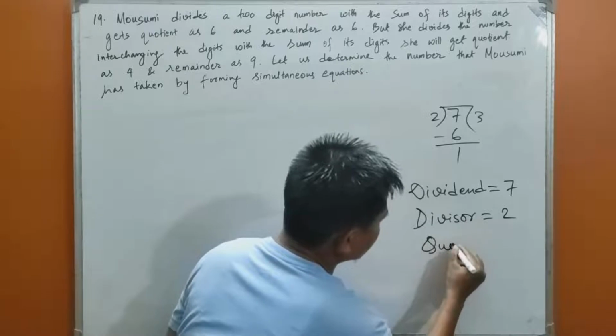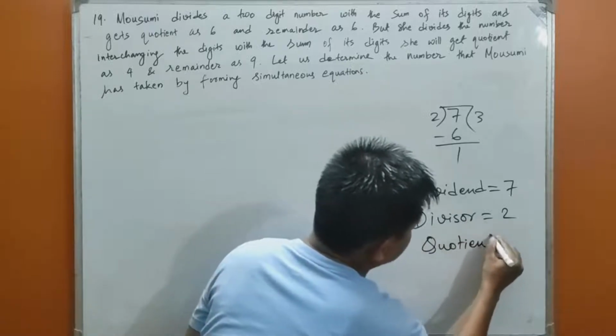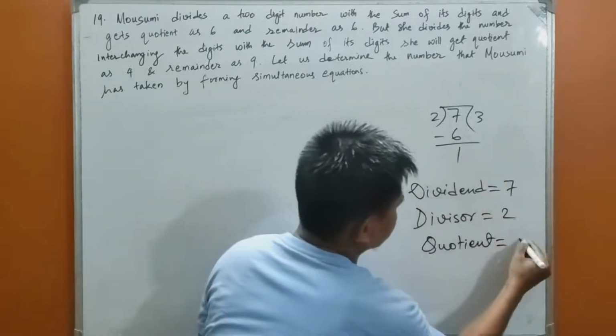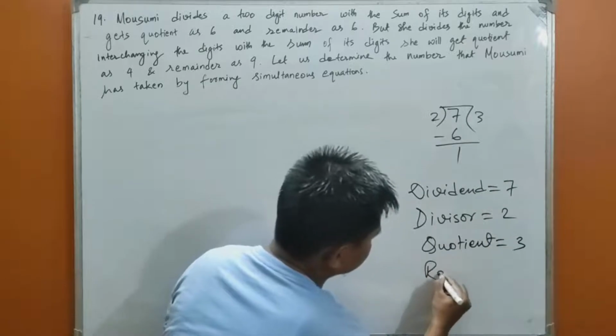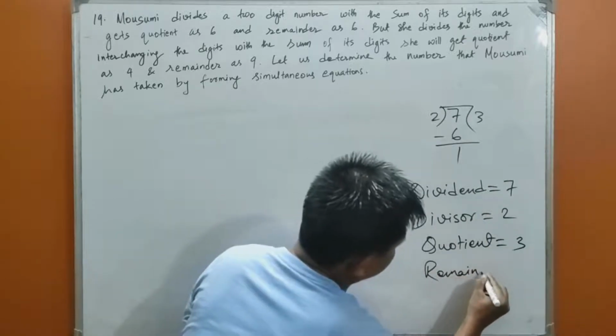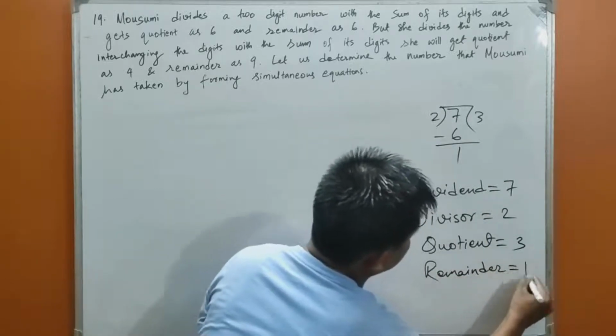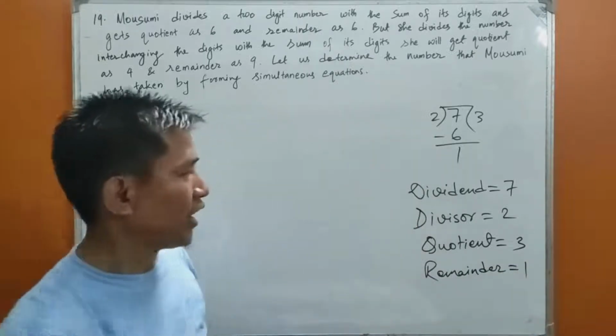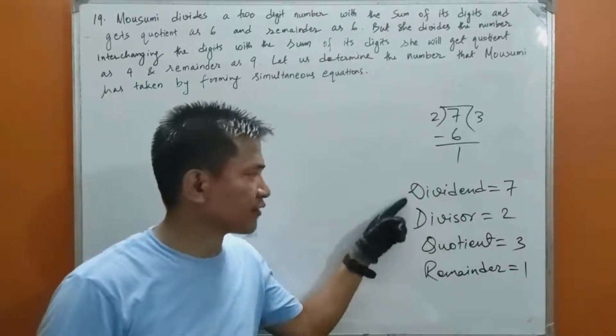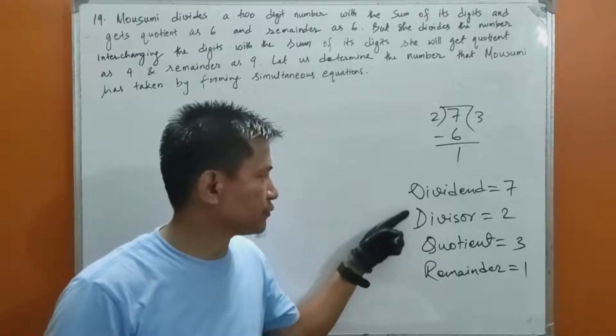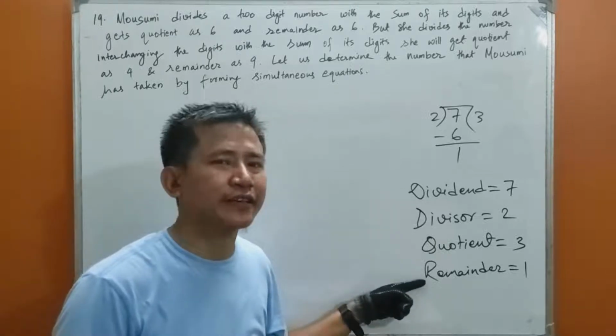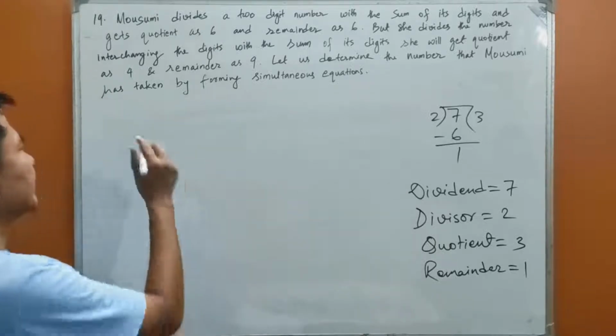Quotient is the answer, isn't it? Quotient is 3. And remainder equals to 1. This is the remainder, isn't it? And among these four terms there is a relation. Among these four terms, dividend, divisor, quotient and remainder, there is a relation, and that relation is